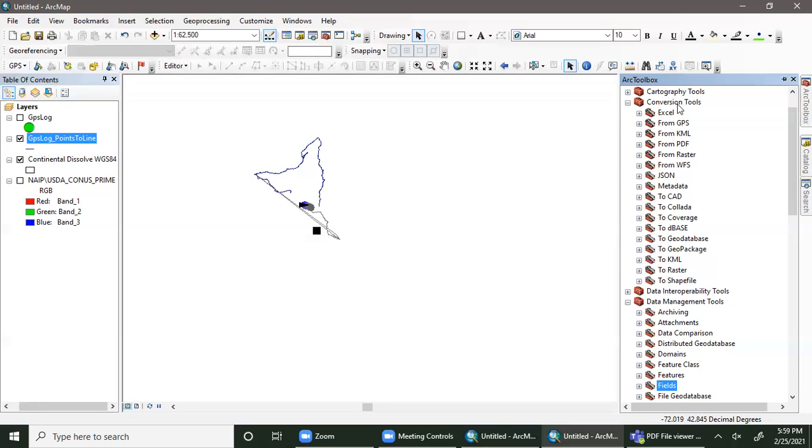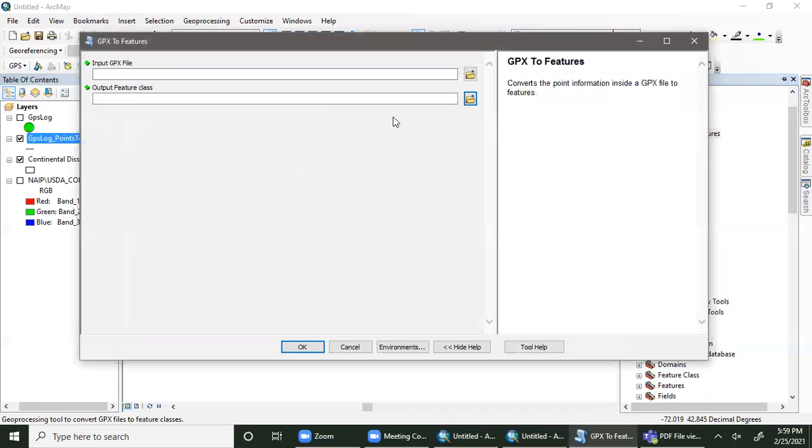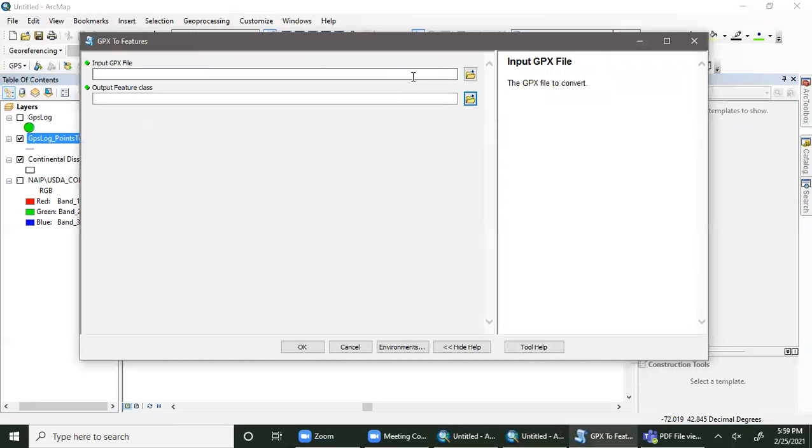From GPS, conversion tools from GPS, GPX to features. All you do is input that GPX file and give it a name and it'll create a shapefile for you. So now you have two different tools from the GPS toolbox to go out in the field and actually track in real time what you're doing, where you are. And remember,